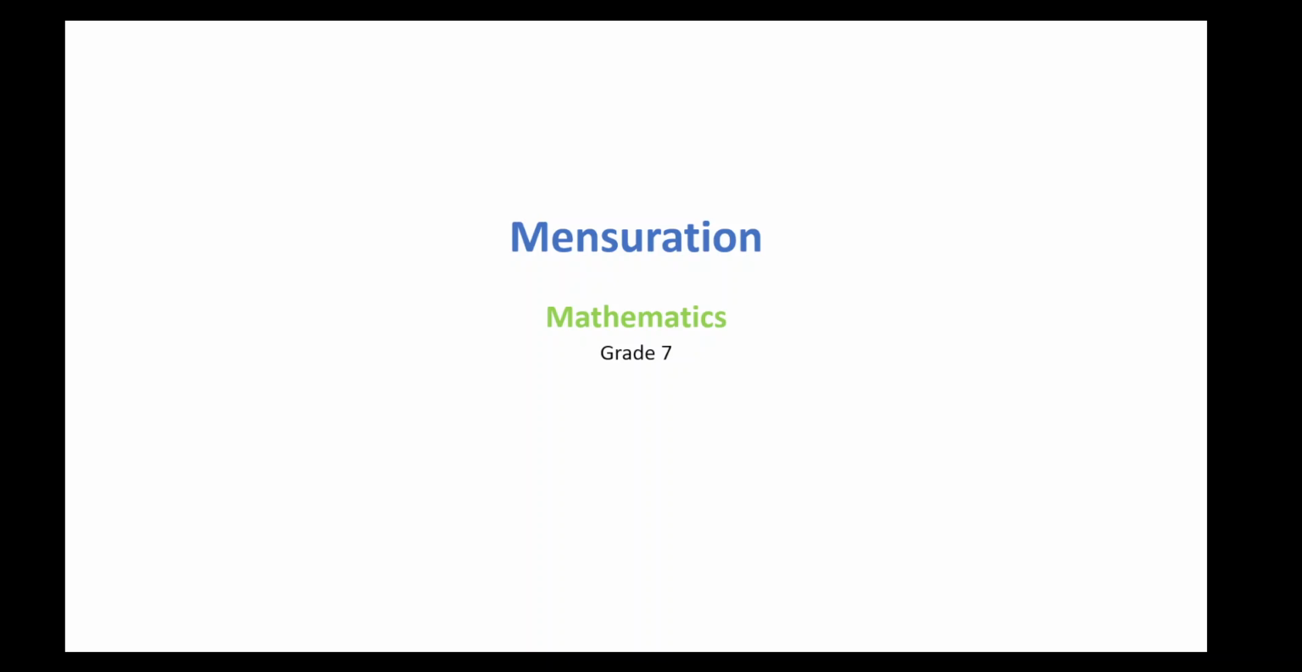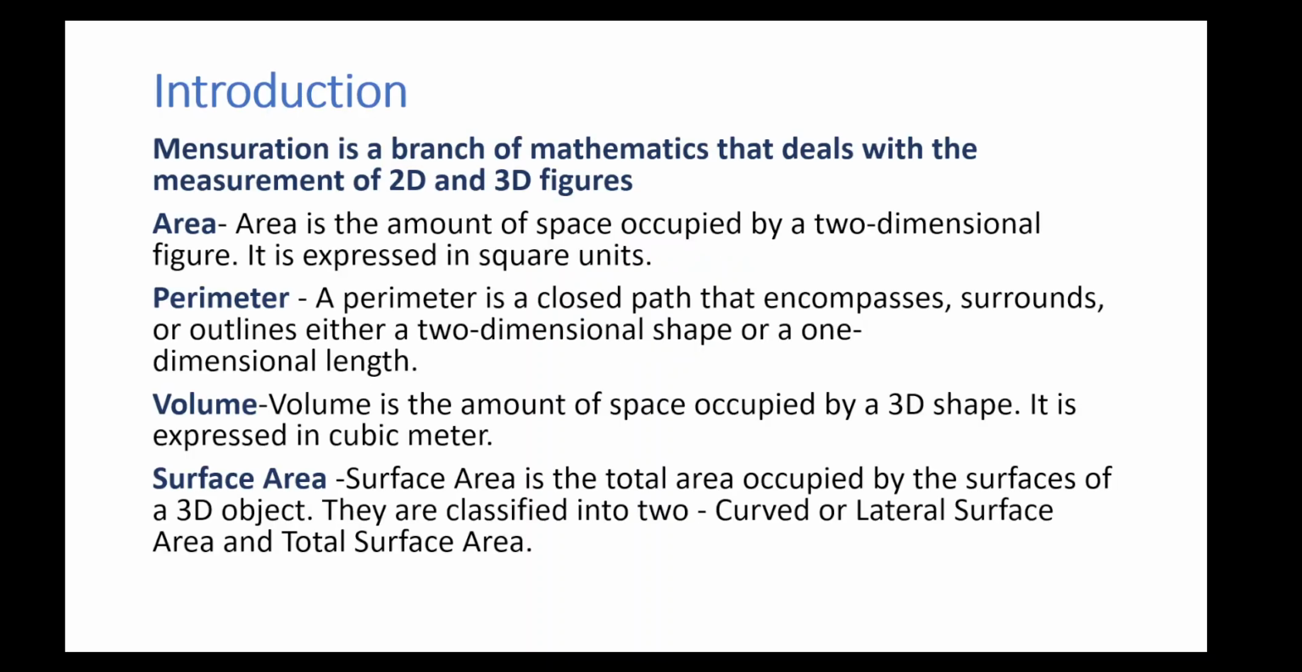Let us see mensuration of mathematics. Mensuration is a branch of mathematics that deals with the measurement of 2D or 3D figures. For example, 2D figures like circle, square, triangle, for which we measure area and perimeter. 3D figures like cylinder, cube,